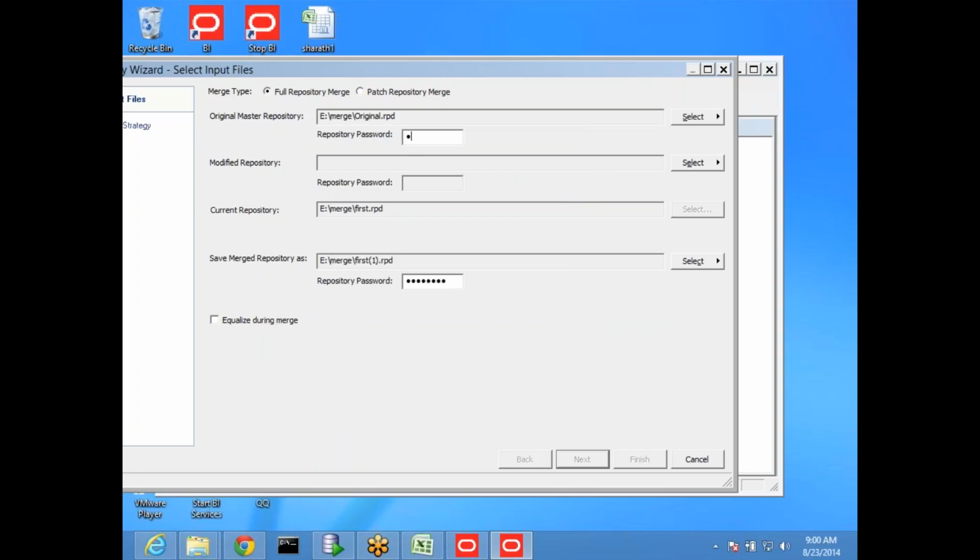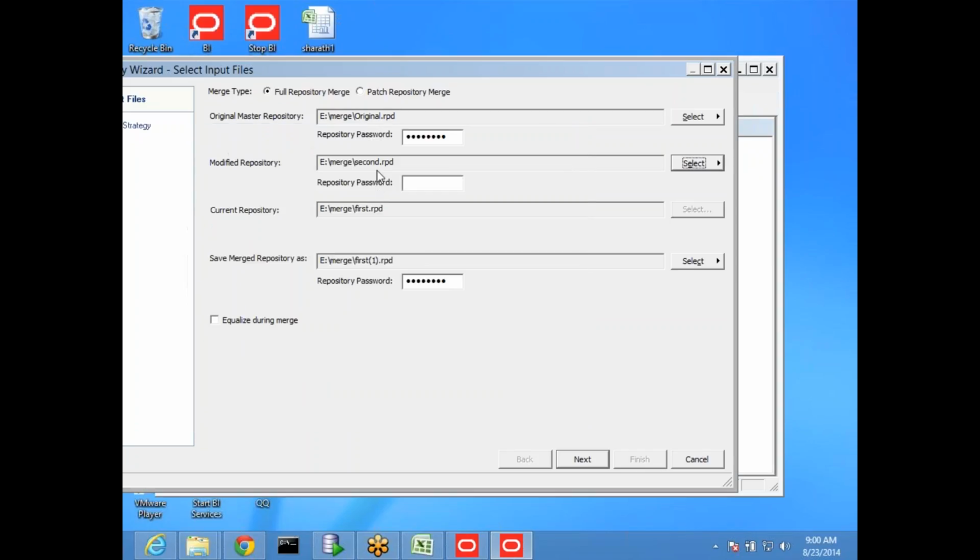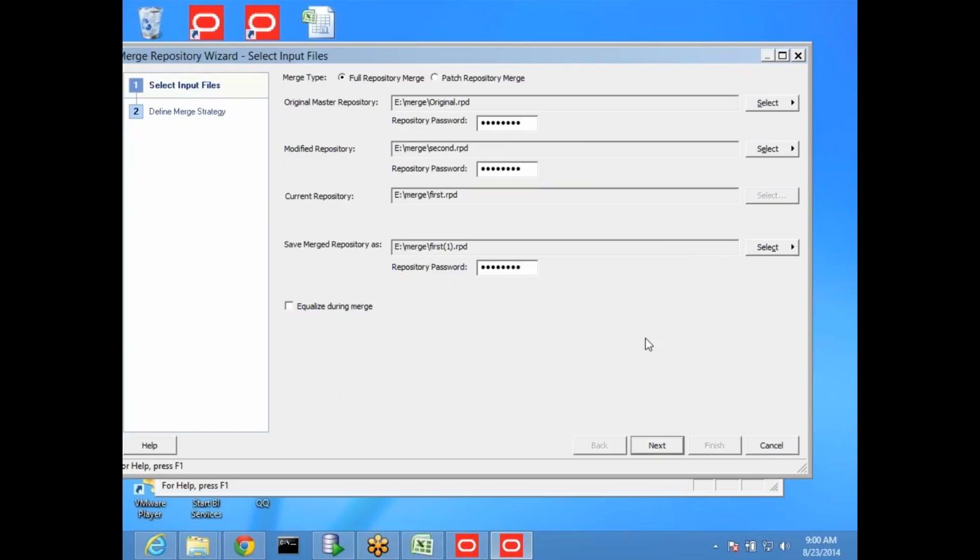and give the password. Modified. So the other guy also took the same original and modified. Okay, select it. Now, when you are trying to merge, when you say next, it is going to combine all of them